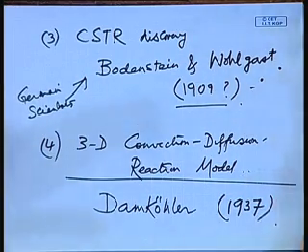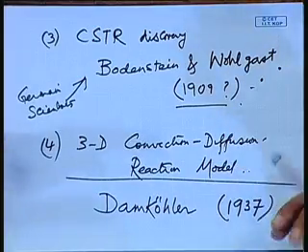And then he talked about the 3D convection diffusion reaction model. He talked about simplifications of it. He showed how the PFR model actually comes out of the 3D convection diffusion reaction model under certain circumstances or certain assumptions, axial diffusion being negligible and so on. So this was a breakthrough paper. Damkohler's paper of 1937 was one of the greatest papers ever written in chemical reaction engineering, and it's a great review of everything that was going on. And so he talked about the axial dispersion model, not just the CSTR model, the axial dispersion model also. And then I think Danckwerts,